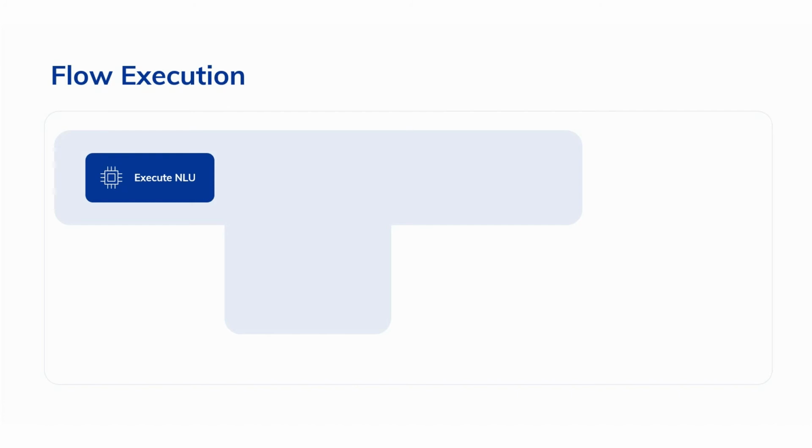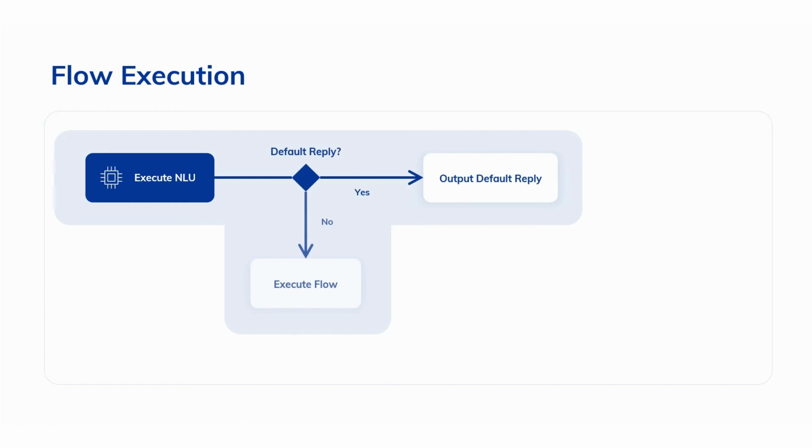Before we look at flow orchestration, it's important to understand how flow execution works. We learned that there's the NLU, and it's important to know that the NLU has the option to generate default replies, so default output. Every intent can have a standard answer, which is what you learned in the Essentials training. If there's a default reply available, Cognigy will output it. The NLU will provide the answer, and there's no reason to trigger a chart. If there's no default reply available, Cognigy will execute a chart, right? So the rest of the flow, and see if there's any output there.